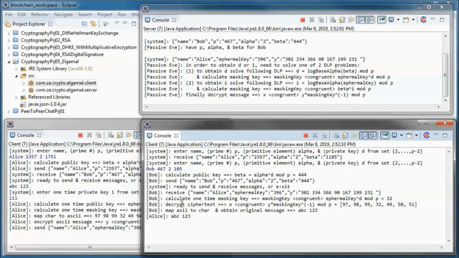And he receives those and calculates the one-time masking key for this message using the ephemeral key, and decrypts the message using the inverse of the masking key, and maps the ASCII to character and obtains the original message coming in from Alice.